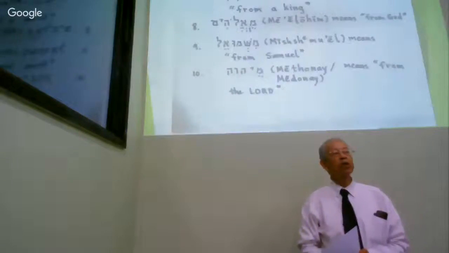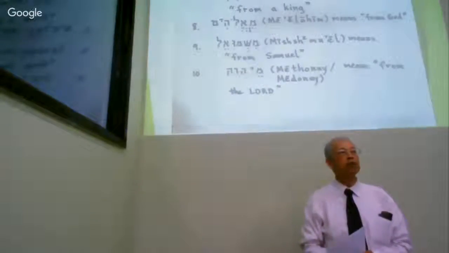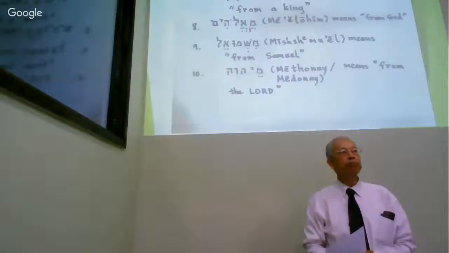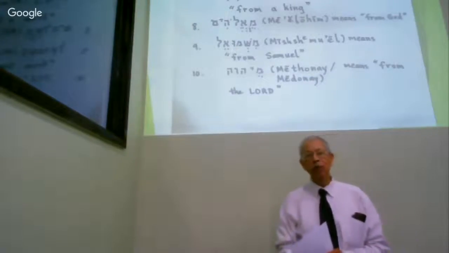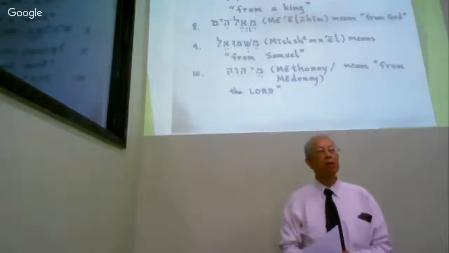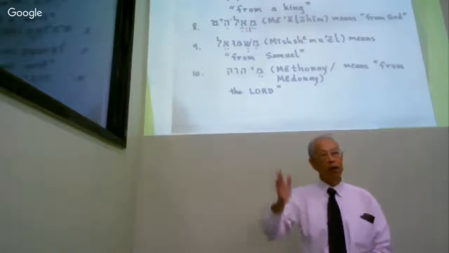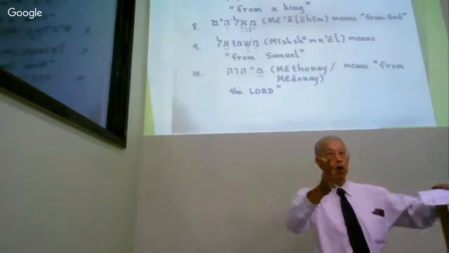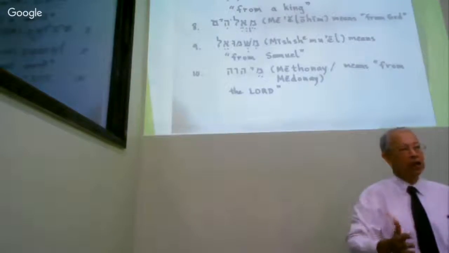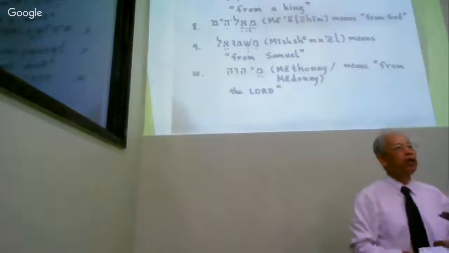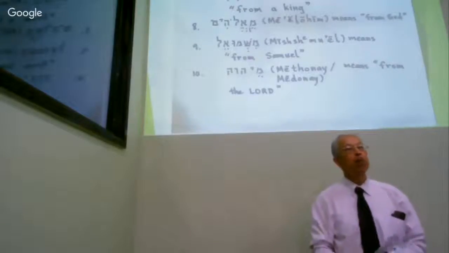And Elan, what does melech mean by itself? Melech by itself means a king. If you take the word melech alone, it means a king. When you join min to melech,